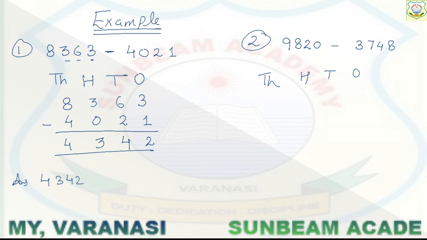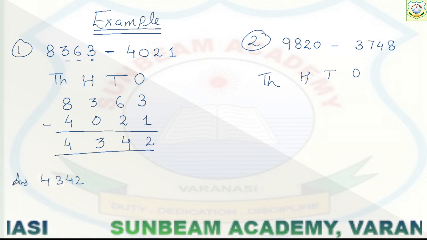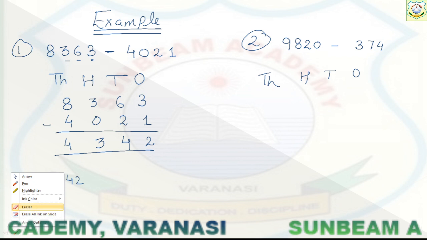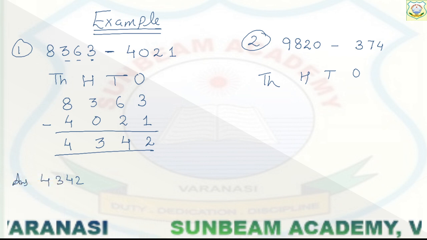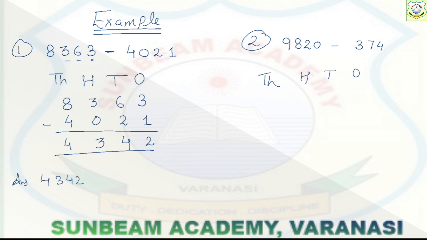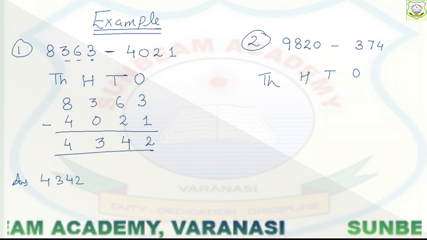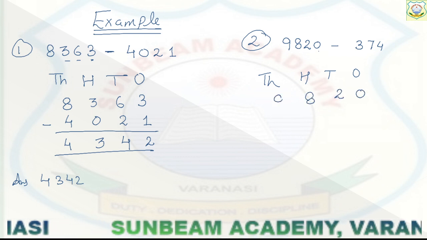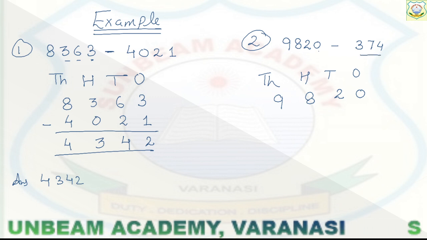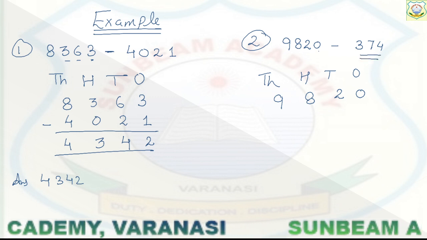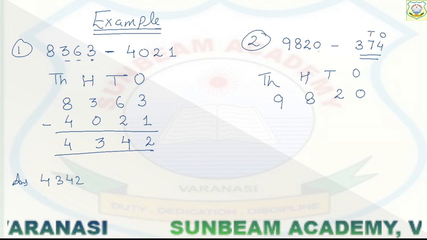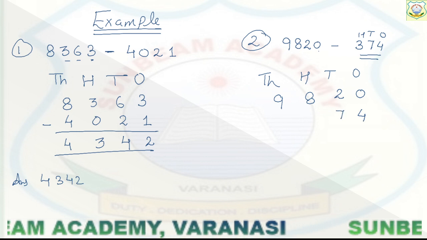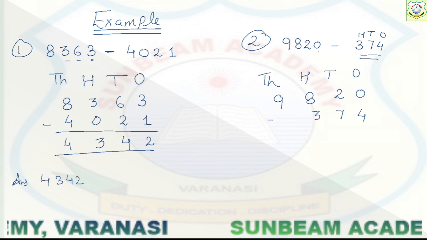Now for example, I am changing this digit, okay? What I wanted to tell you, let me do that, okay? Why am I telling you to start with the ones place? Now see here, this number is 9820. So this is at the ones place, 0, then 2, 8 and 9. Now how many digits are there? 3. So this is what? Ones, tens and 100. So 4 will be at the ones place, 7 will be at the tens place, and 3 will be at the 100 place.